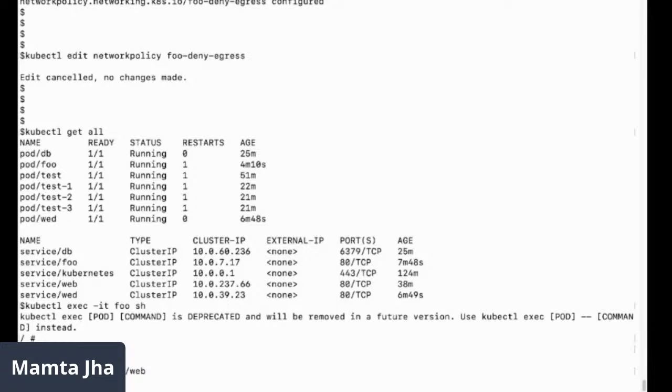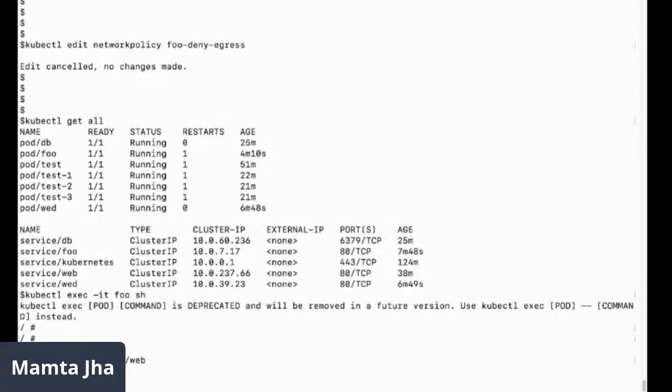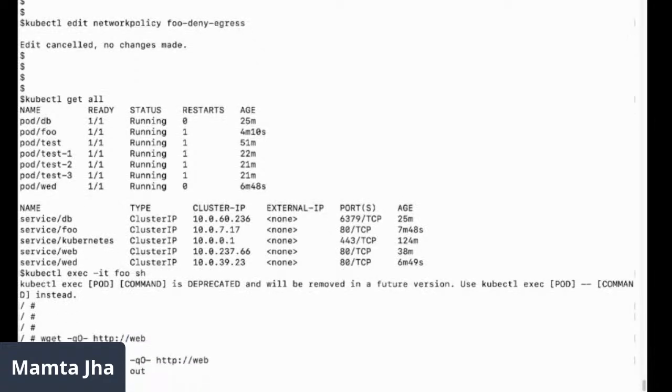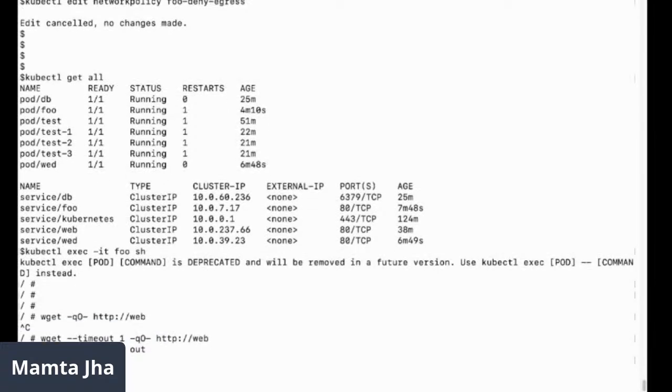This time it would not say bad address. It will actually time out. I can give the timeout seconds as well in this command to see whether it really gets timed out. You can write --timeout. Wget download timed out. So we are unable to reach, and the traffic will not go anywhere. Entire traffic is blocked.